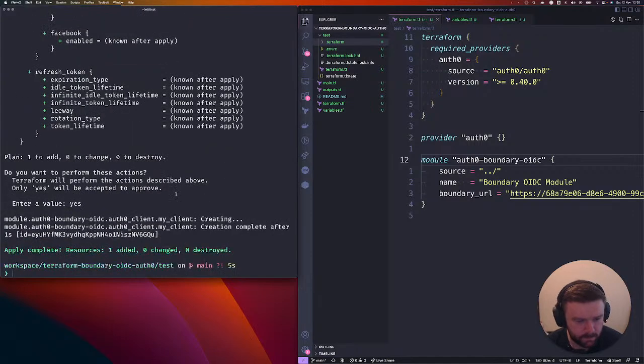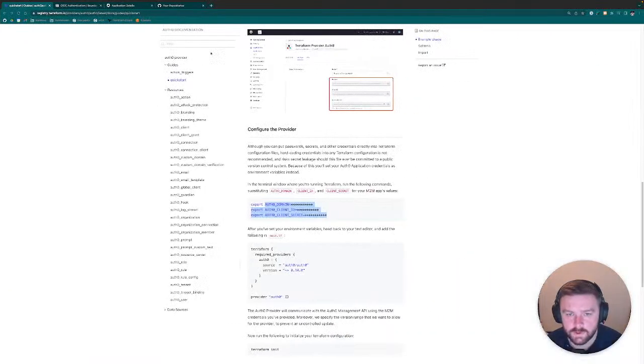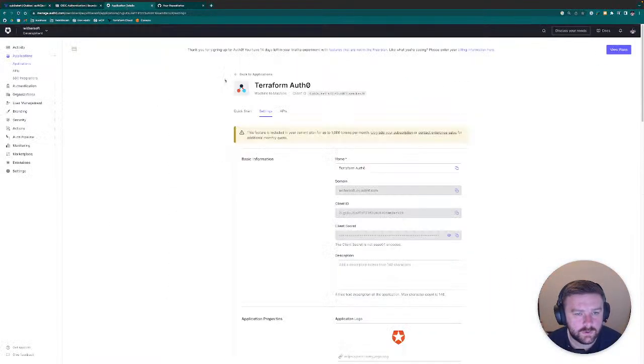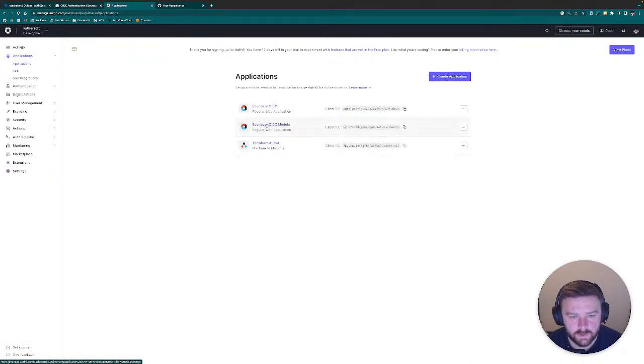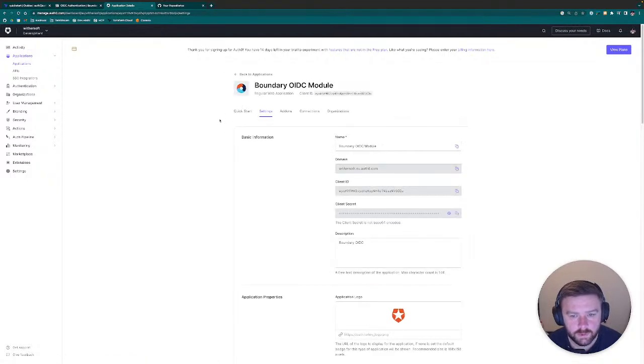Yes. Cool. So that's created. So we can go back into auth0 now, and hopefully inside of applications, we should see Boundary OIDC module. Nice. So if we open that up,